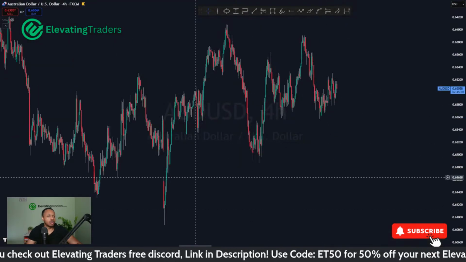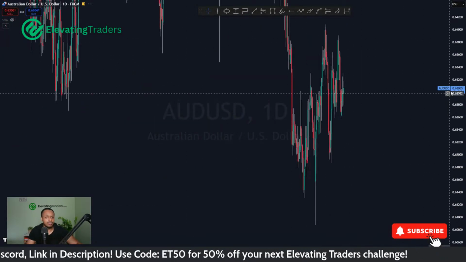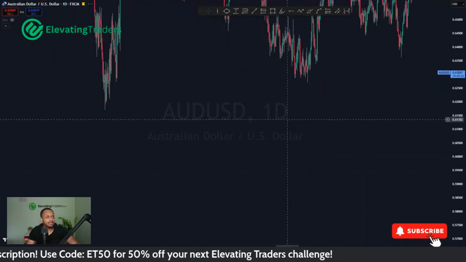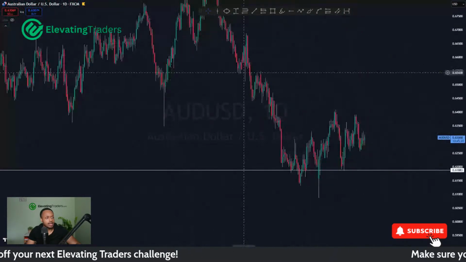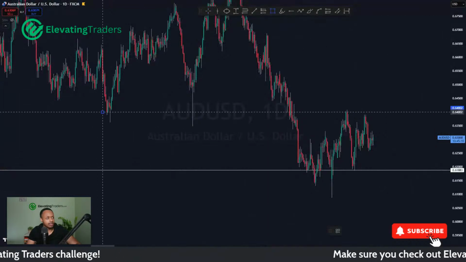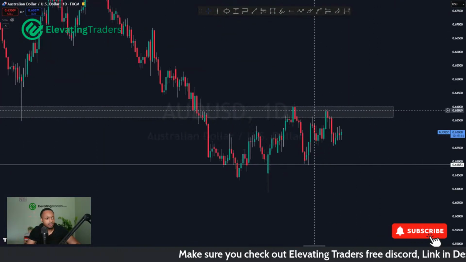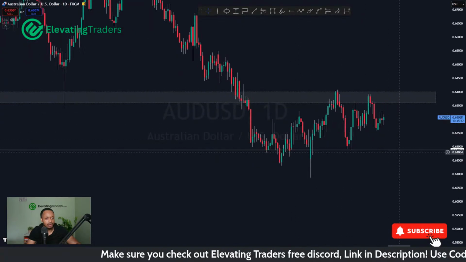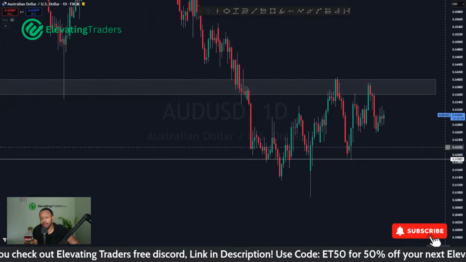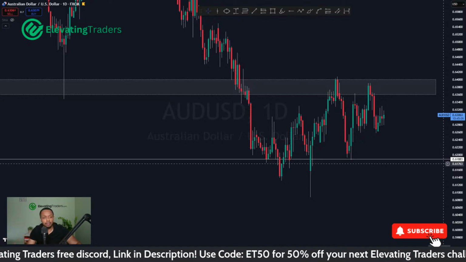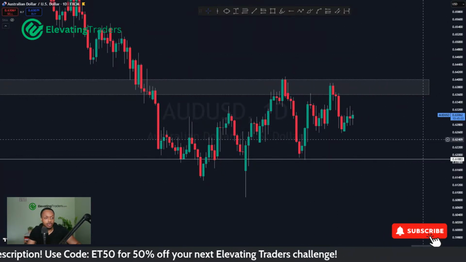In terms of Aussie dollar, still finding a little bit of trouble trying to push higher. Again, as I said with Aussie dollar at the start of the week, we may see a push back down into the swing low here in the next few days. We had a really strong level of resistance, which price has had a few attempts trying to break through, once over there, twice over there, and altogether it hasn't really amounted to much. And of course, if the dollar is going to see some upside or continued upside, then that's going to be very difficult for Aussie dollar to push higher as well.